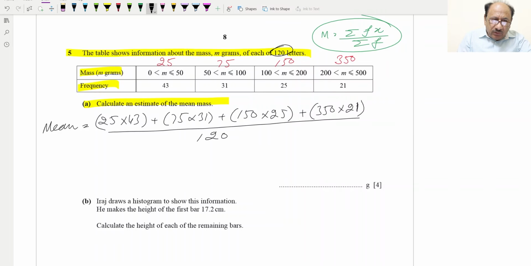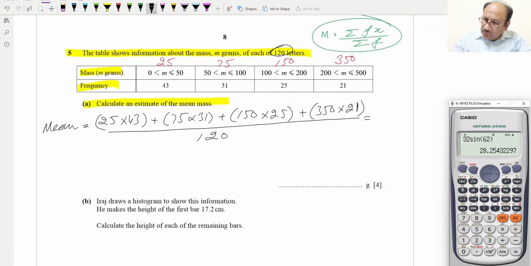So divided by 120, and we can calculate this fraction. This will be 25 into 43 plus 75 into 31 plus 150 into 25 plus 350 multiplied by 21 and divided by 120, which is giving us